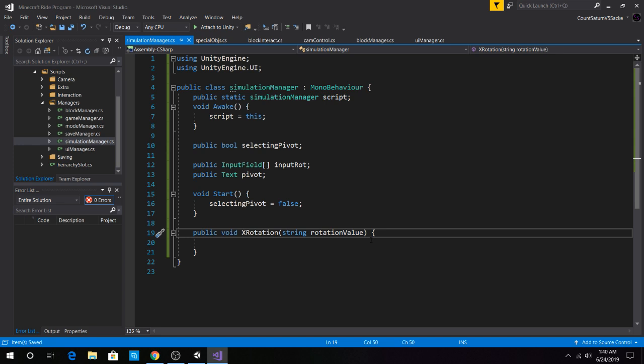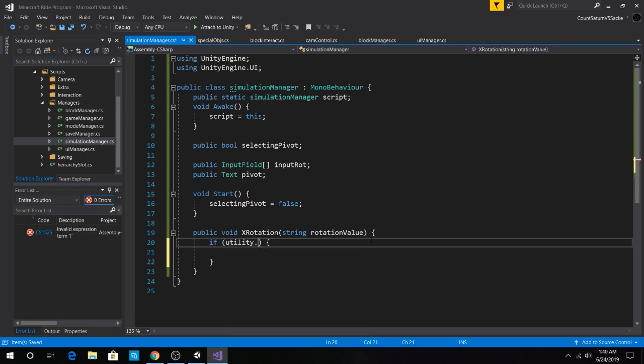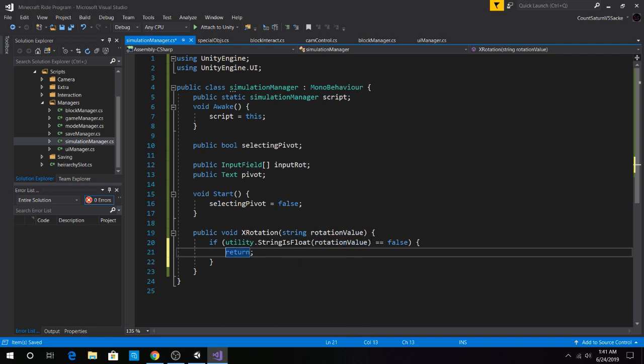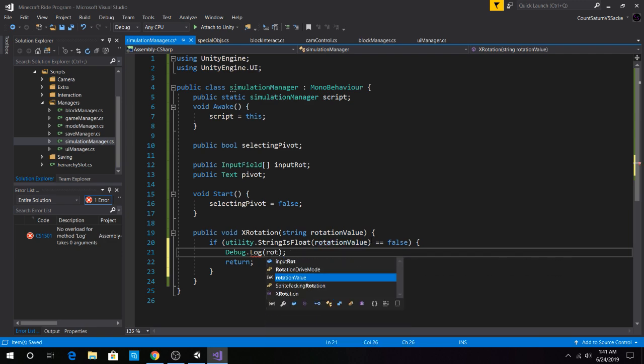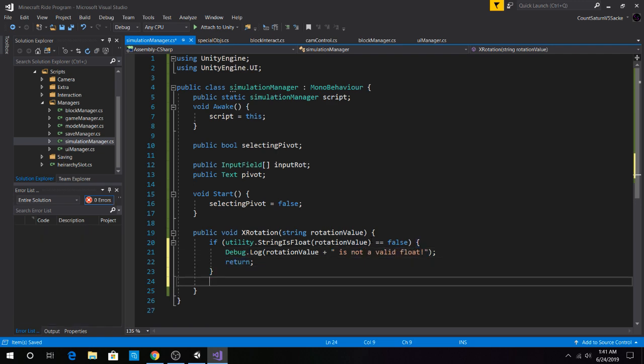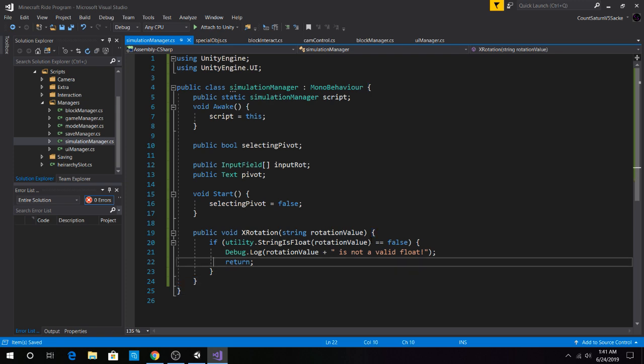Now for this, we need string rotation value. First we need to check if Utility.StringIsFloat of rotation value is equal to false. Then what we want to do is return, with a simple Debug.Log saying rotation value is not a valid float. There we go. Before we do this, we also need to check. We don't actually need to worry about the pivot point. However,